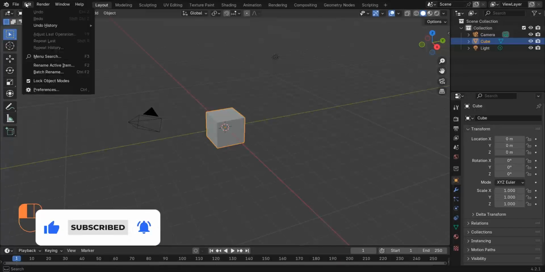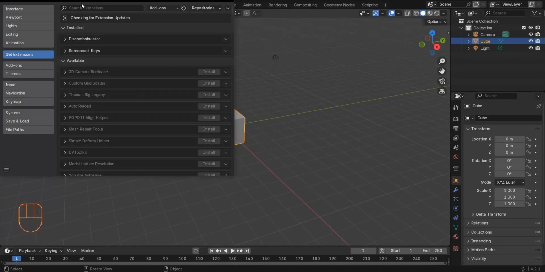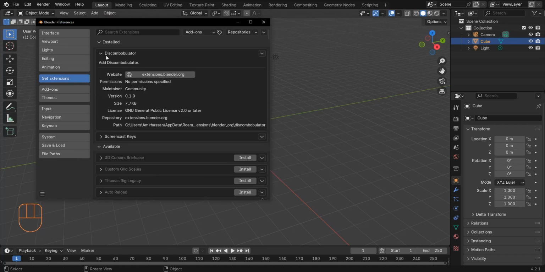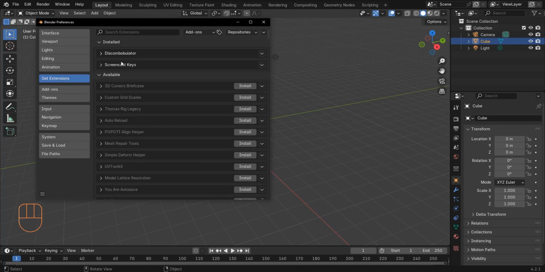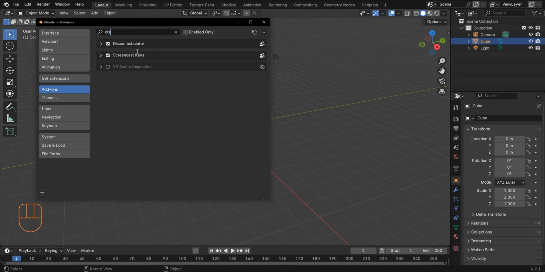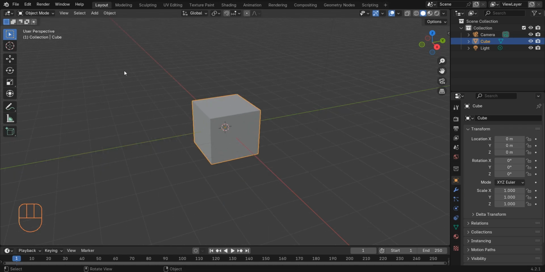First of all, we need to go to Edit, Preferences, and in the Extensions section, search for Discombobulator and install it. Then, from the Add-ons section, activate the Discombobulator add-on. In older versions of Blender, you don't need to download these add-ons, and you can activate the add-on directly from